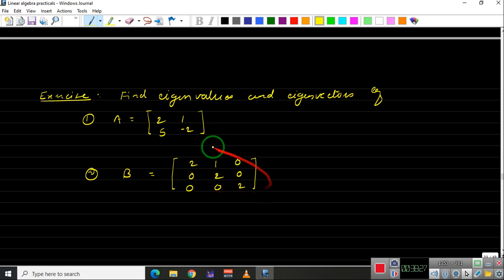This is a special kind of matrix which is called a triangular matrix. There is something called an upper triangular matrix, a lower triangular matrix. Again there is something called a diagonal matrix, symmetric and skew symmetric matrices. So you can talk about the eigenvalues of these matrices: what is the eigenvalue of a symmetric matrix, of a skew symmetric matrix, or of a nilpotent matrix. All those things you can check the results.